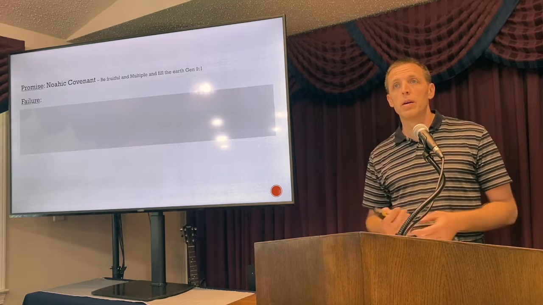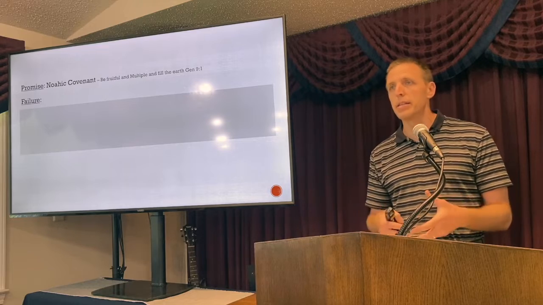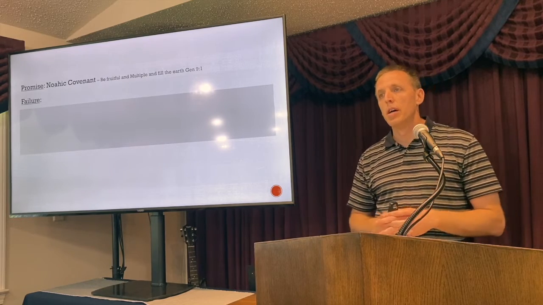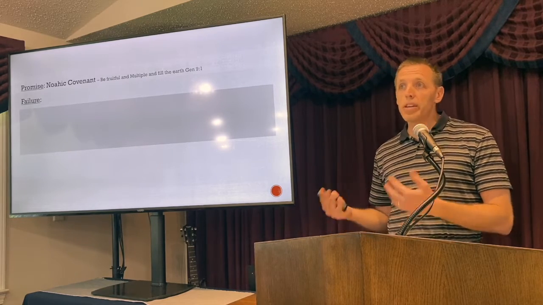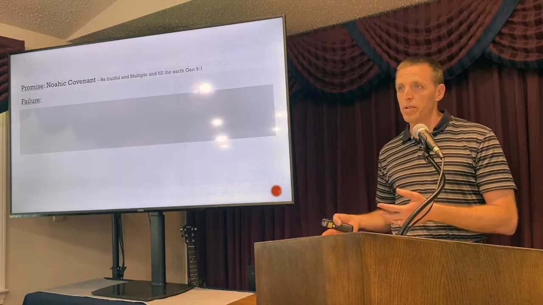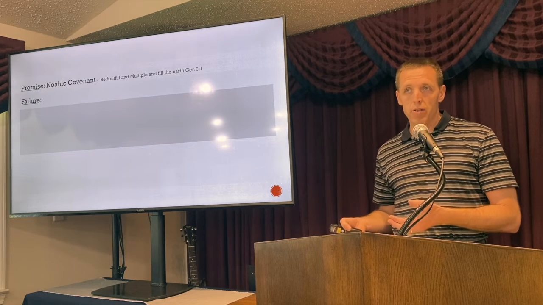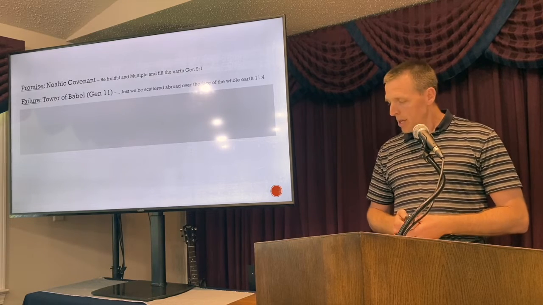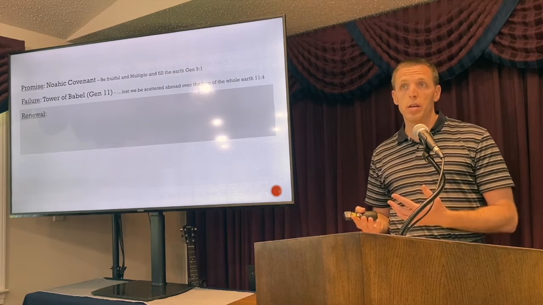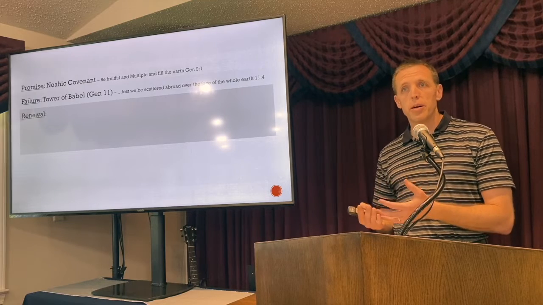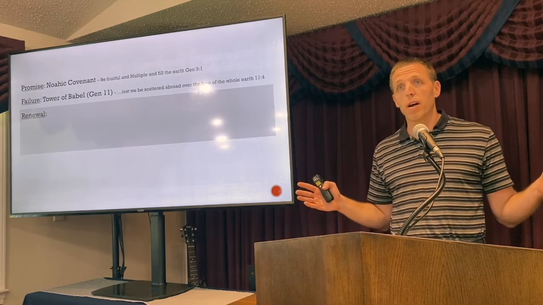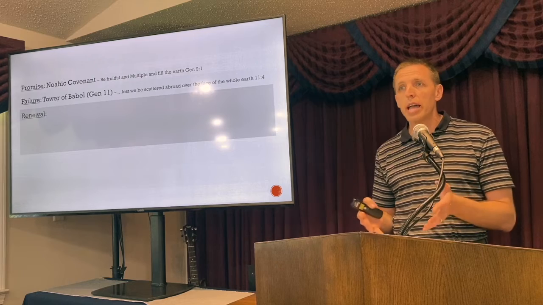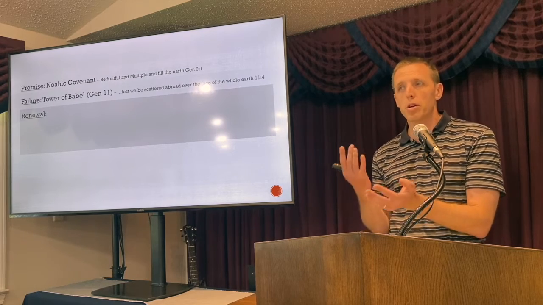What did they do? They didn't scatter. They said, hey, let's make a city. Let's build a name for ourselves. And so despite God having covenanted with the people again, forgiven them of their sins, the people failed again, right? So God, being the gracious God that he is, renews covenant. He's not going to judge them. He ought to judge the whole world again, right? I mean, they just aren't getting it right. But he's going to take a smaller group of people, and he's going to renew covenant.